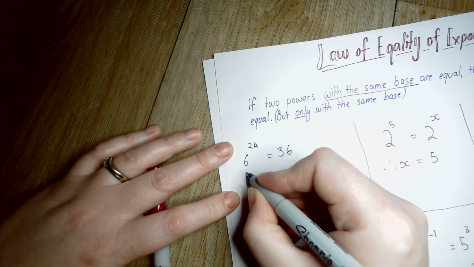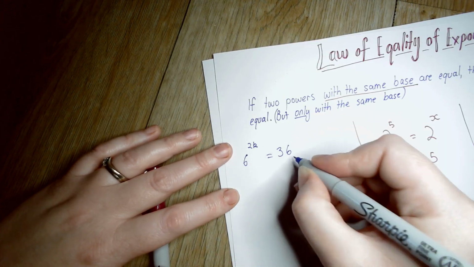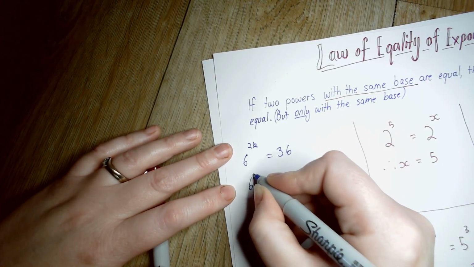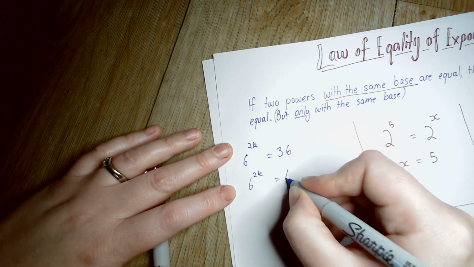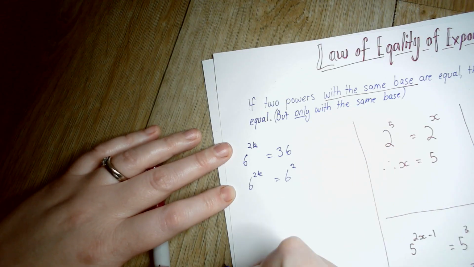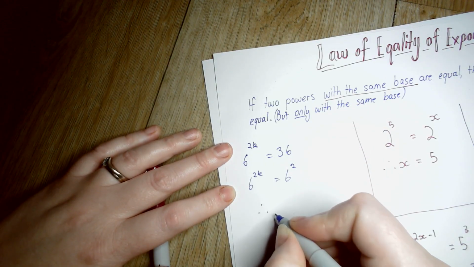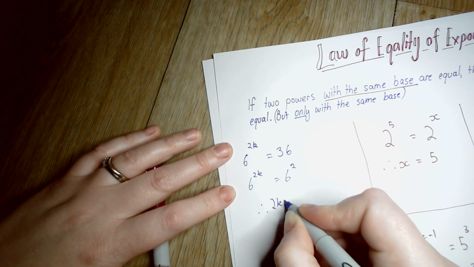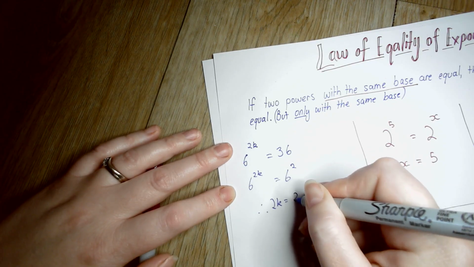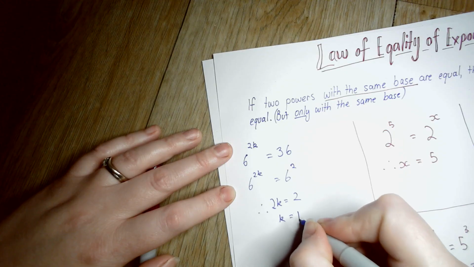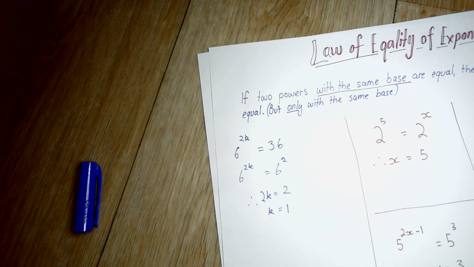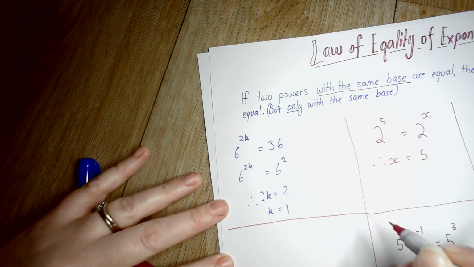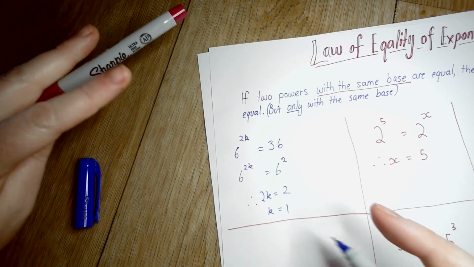So we're going to end up with 6. We can't really do much with that, but we can with the 36. So we're going to have 6 to the power of 2k equals 6 to the power of 2. Therefore, 2k equals 2, and again k equals 1. We've accidentally done the same example there. I am so sorry. Let's have a look at